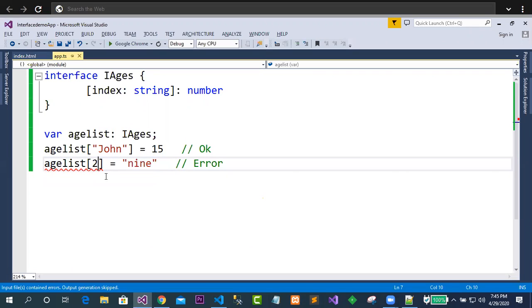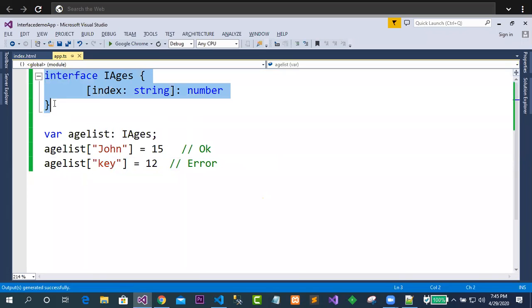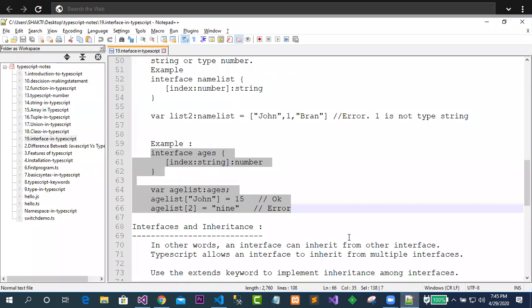Okay, so in this case, what happened, guys? Suppose someone asks, can I go for a key here, something like this? Let's say that is the key. Clear? Still it is showing the error. Why? Because it is number kind. So can I give a number to it? Just see, now it's fine. Why is it fine? Because this is now matching with this definition or declaration. It's very simple to understand how exactly the interface is controlling your array. Clear? It's very simple, guys.